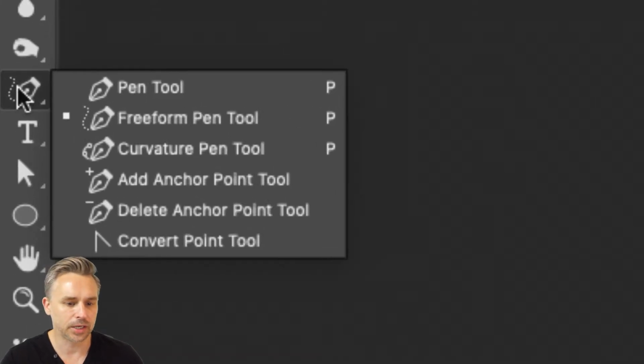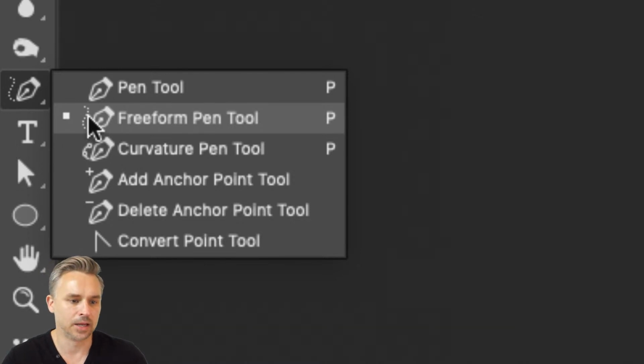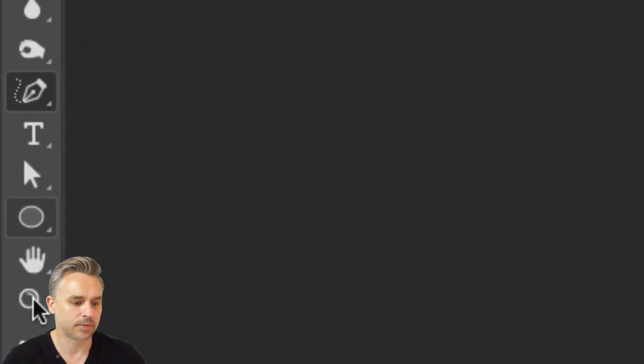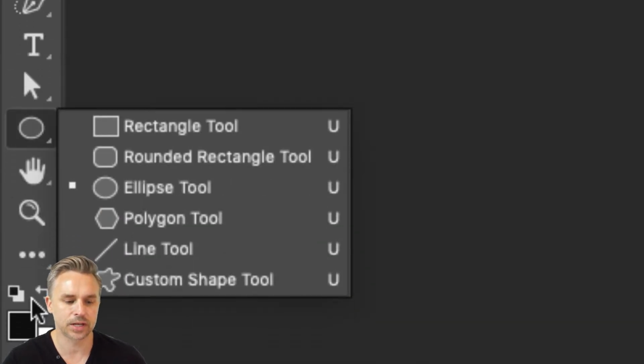And there's even a tool in here. The Freeform Pen Tool is interesting because this is basically the pencil in Illustrator. That's what the Freeform Pen Tool is, okay? And then you have a number of others over here. So you also have these tools down here. It's pretty straightforward. Again, I don't want to get too in the weeds with a lot of this, but let's